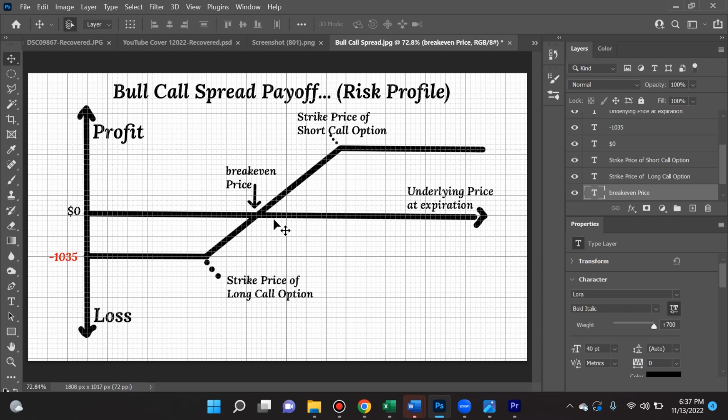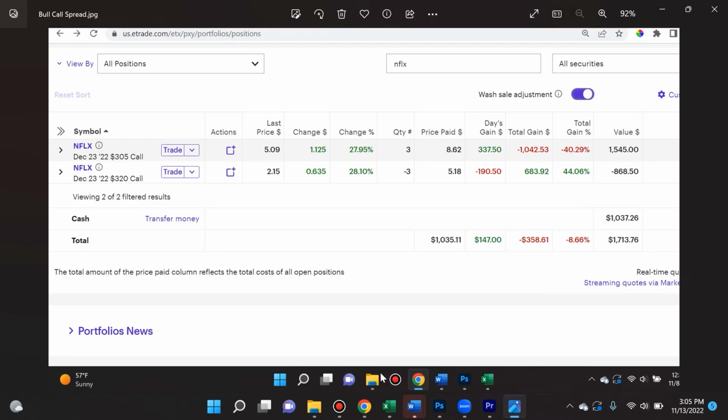That's if you're planning to hold this to expiration in order to break even. And so bull call options is definitely something that you should take a look at. Now, an interesting thing happened here where Netflix share price kept sinking in value, and it happened really quickly after I bought this bull call spread. And as you can see here, my total gain was starting to be pretty high on the call option